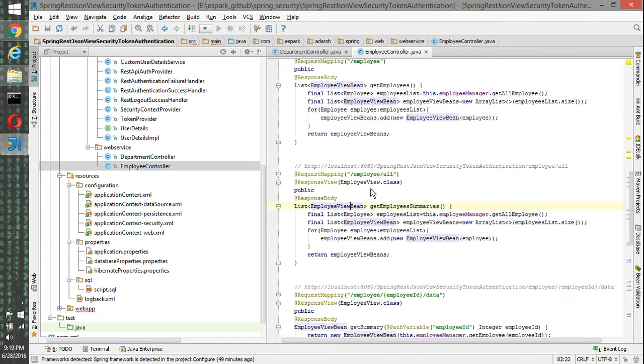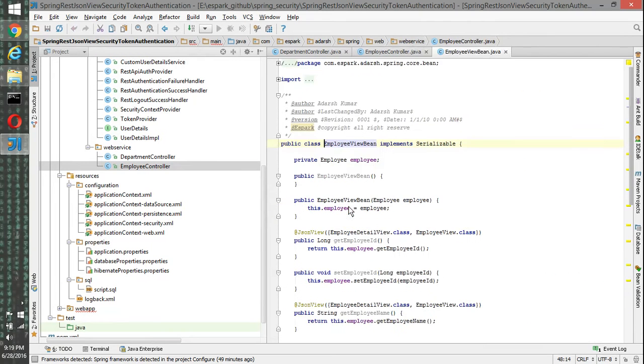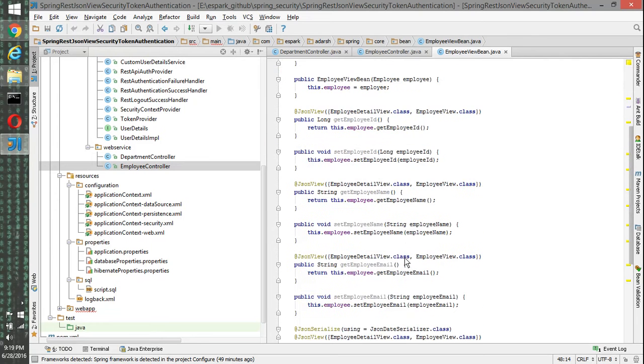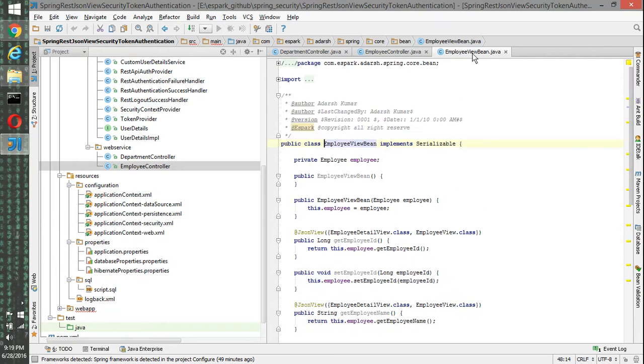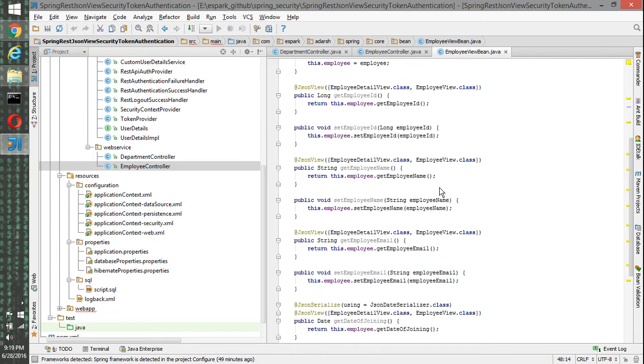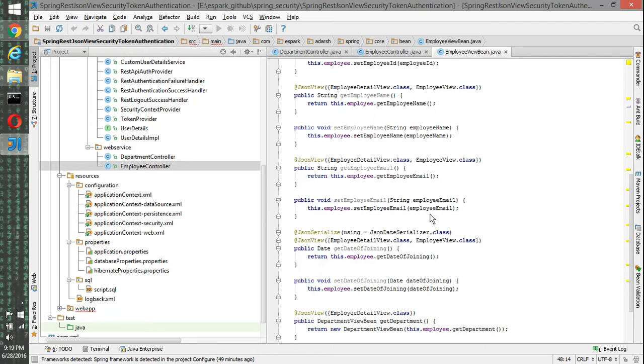So if you see employee view, somewhere employee view should be there. In this we should have employee detail view, employee view.